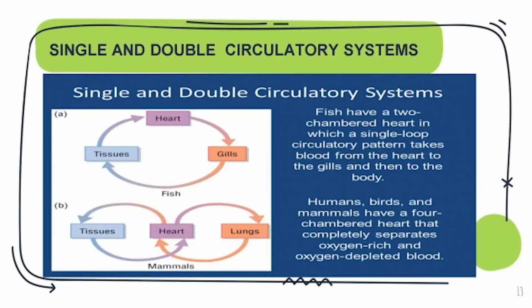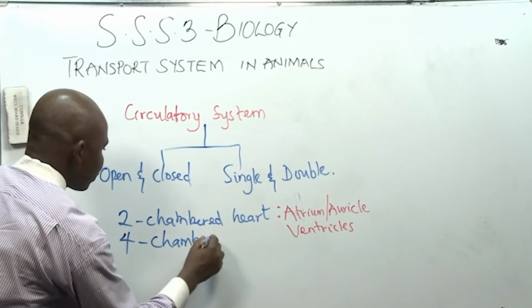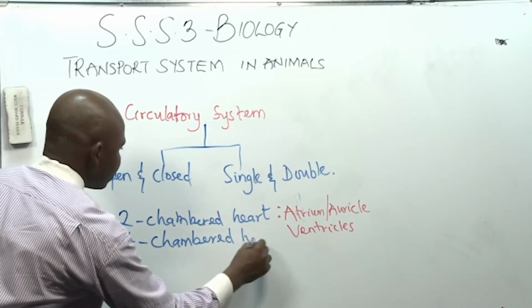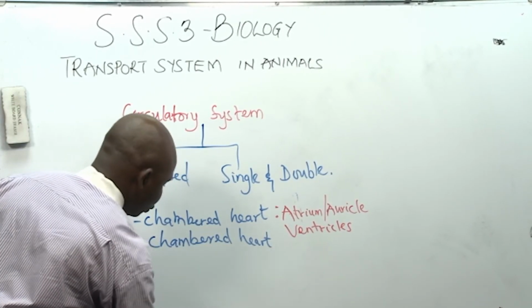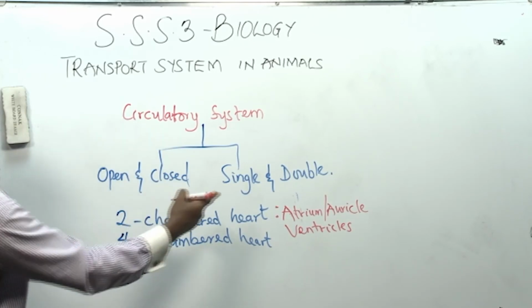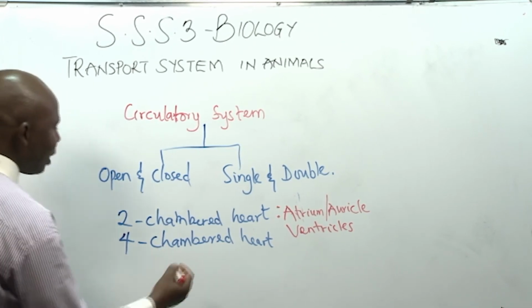Don't forget, single circulation is common to organisms with two-chambered hearts. Now, double circulation is common to organisms with four-chambered hearts. What do we mean by four-chambered heart? Meaning the heart is divided into four. Just like the first one is divided into atrium and ventricles, this one is divided into,